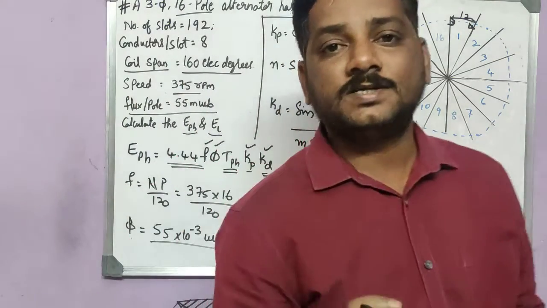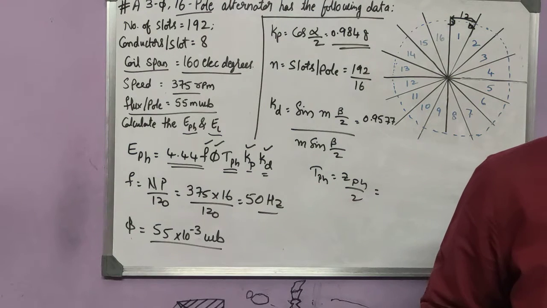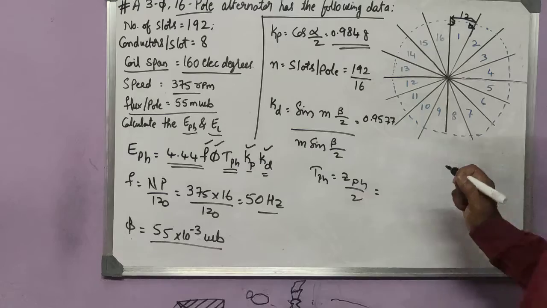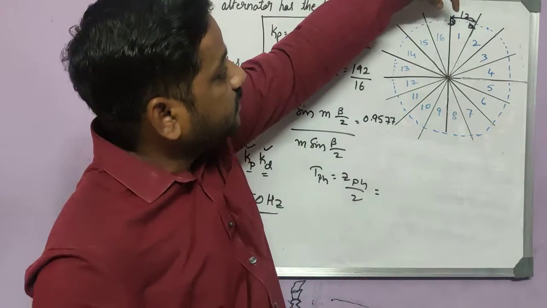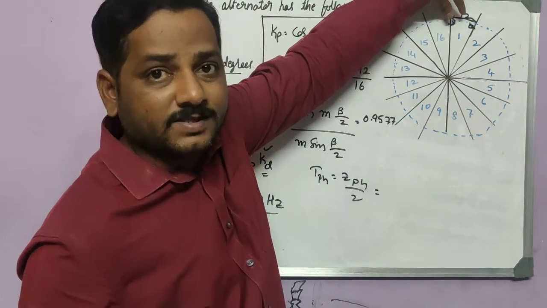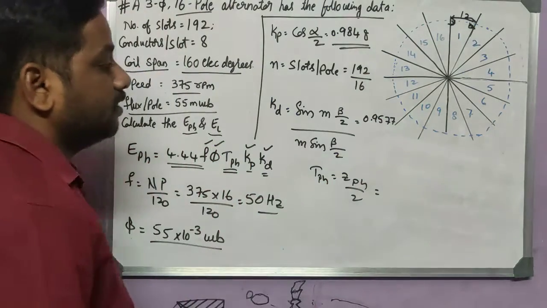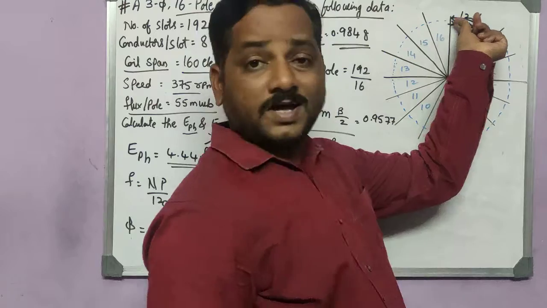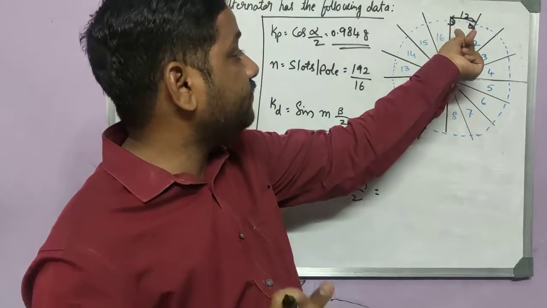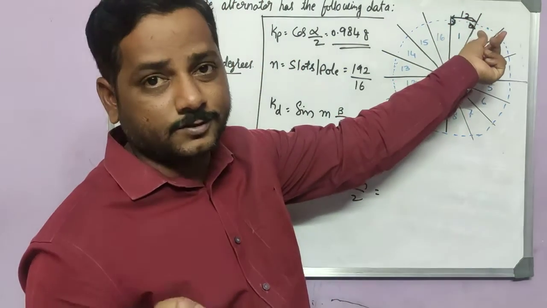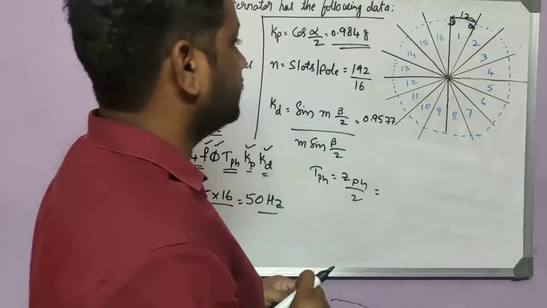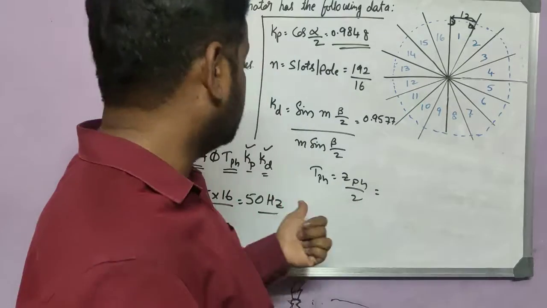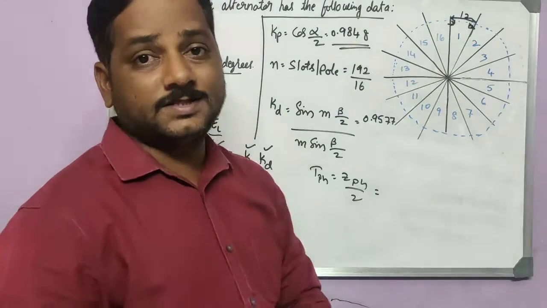So how many conductors am I going to have per phase? Here I told you that we have 4 slots per phase. For example, for R phase we have 4 slots, for Y phase we have 4 slots, and for B phase we have 4 slots. That is one thing we can use to get the formula for the value of Z phase. 12 into 4, that is 64.